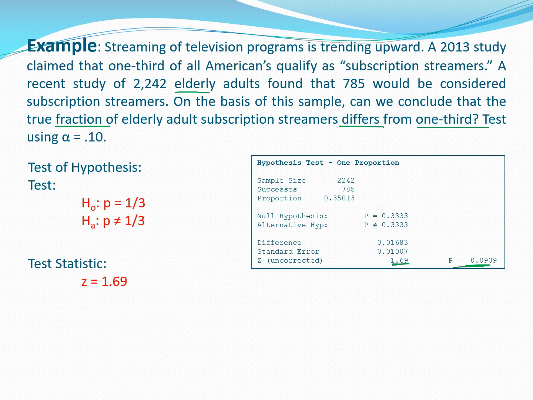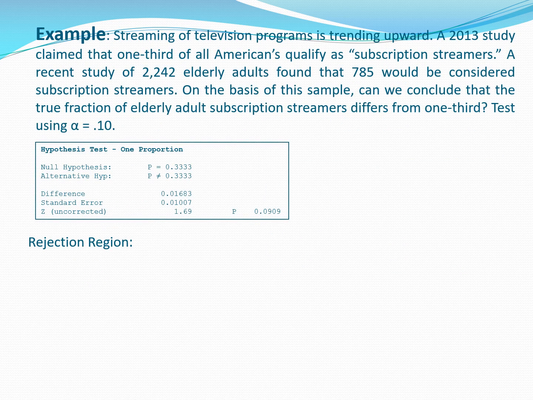Now here's my point. If you're a p-value person, you've got to decide, is that the p-value that you want to use? We'll talk about it in a minute. But it's right there. It's really easy. The first technique I'm going to use is the rejection region approach. The rejection region approach says, well, first, is this a large sample problem? We've got to take a look at n times p naught,